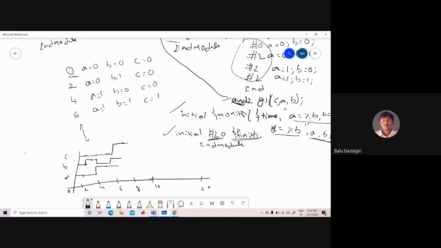But the simulation end time is 20 time units. In the program, we have set the simulation end time to 20 time units. Therefore, up to 20 units of time, the previous values will persist: A becomes 1 and B becomes 1, and the C output also becomes 1 up to 20 units of time. So this is how the waveforms will be plotted for the given test bench.